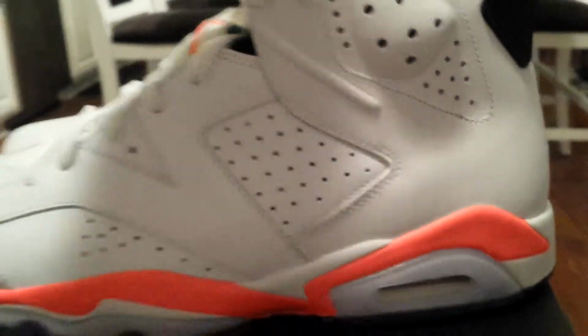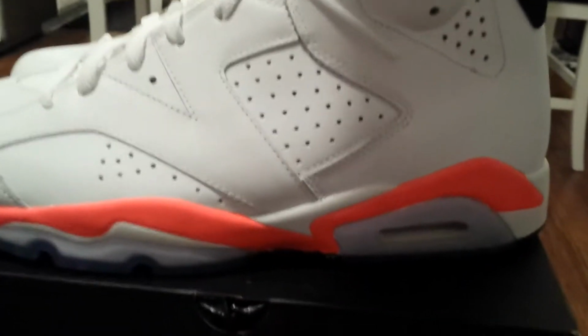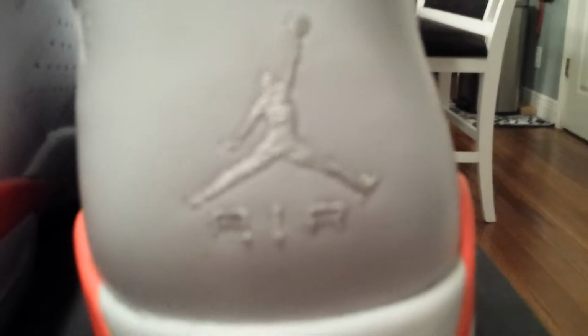Now the paint job wasn't that good on the retail pair I got directly from Nike, and you can still see brush strokes. But they seem pretty damn authentic. They look exactly the way they did when I took them out of the retail box earlier this year. Here's the back. The Jumpman. I've seen some funky Jumpmans on some of the rep reviews,